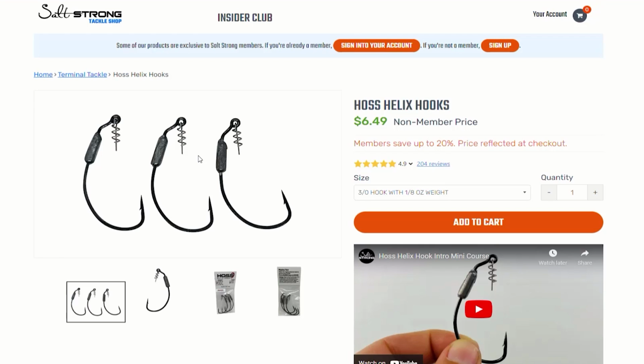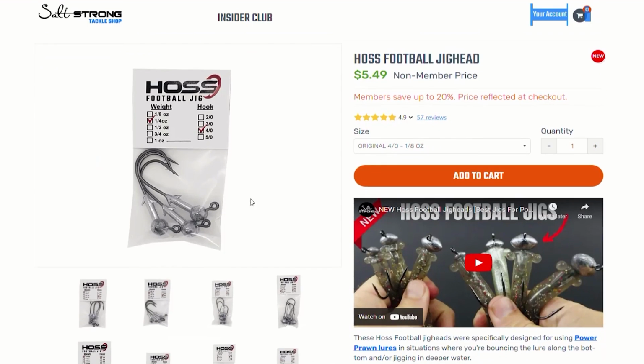But if the water's deeper and it's moving really fast, then you might have to switch over to something like this, which is an open face jig head. This is our Haas Helix football jig, and this works good whenever the water is a little bit deeper. So when you get to that 4 foot and over range of that really, really fast moving water, this is